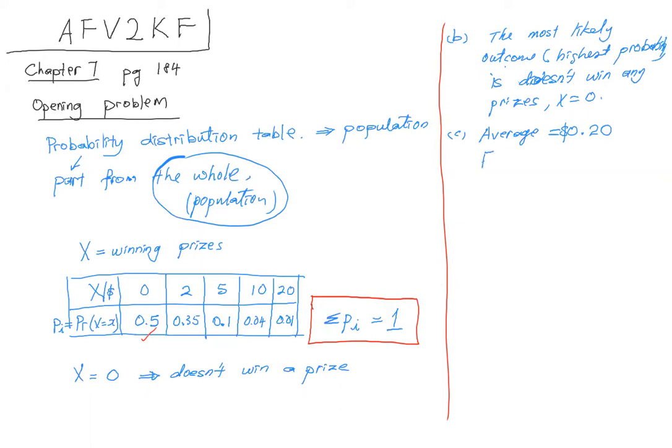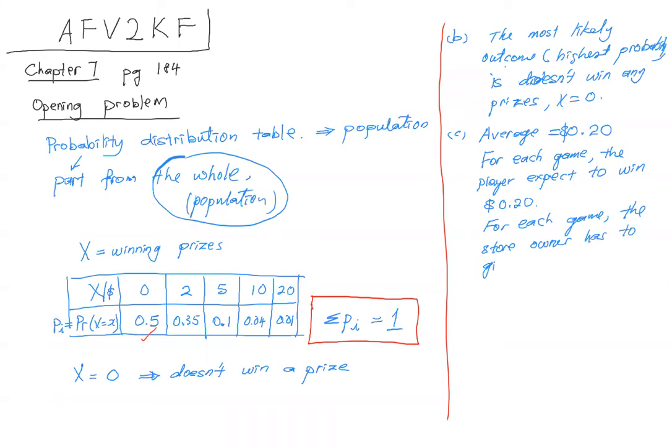So I will write this as: for each game, the player expects to win $0.2. Or I can say for each game, the store owner has to give the player